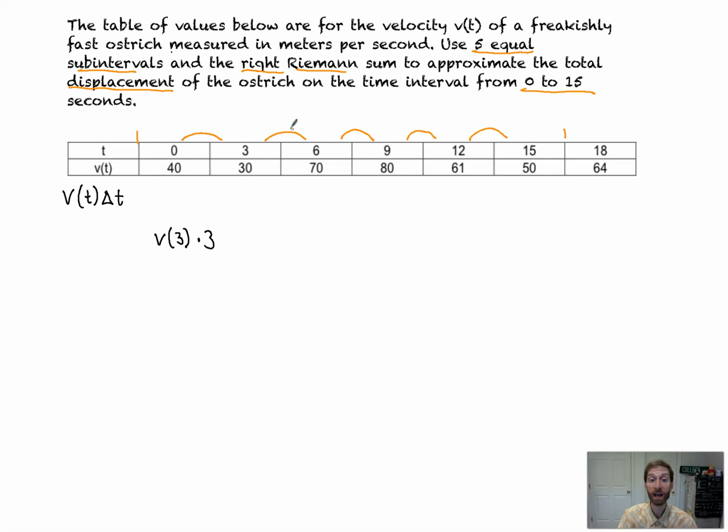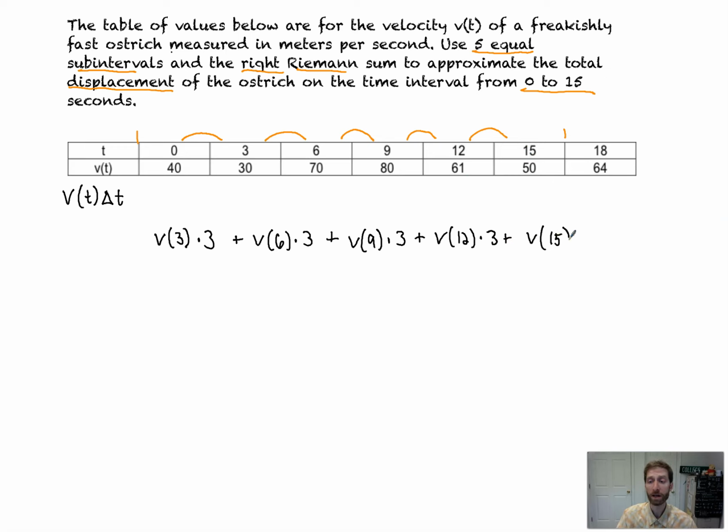The interval's 3 to 6. Okay, so that's going to be plus v of 6 is the right-hand endpoint times 3, because the width is 3. 6 to 9. Well, that's going to be a right-hand point of 9. Still a width of 6 to 9, which is 3. Area of rectangles coming up at you. Next one, right-hand endpoint from 9 to 12, v of 12. Times 3, that's the width. Plus v of 15, because 12 to 15 is still the same interval, and that right-hand part would be v